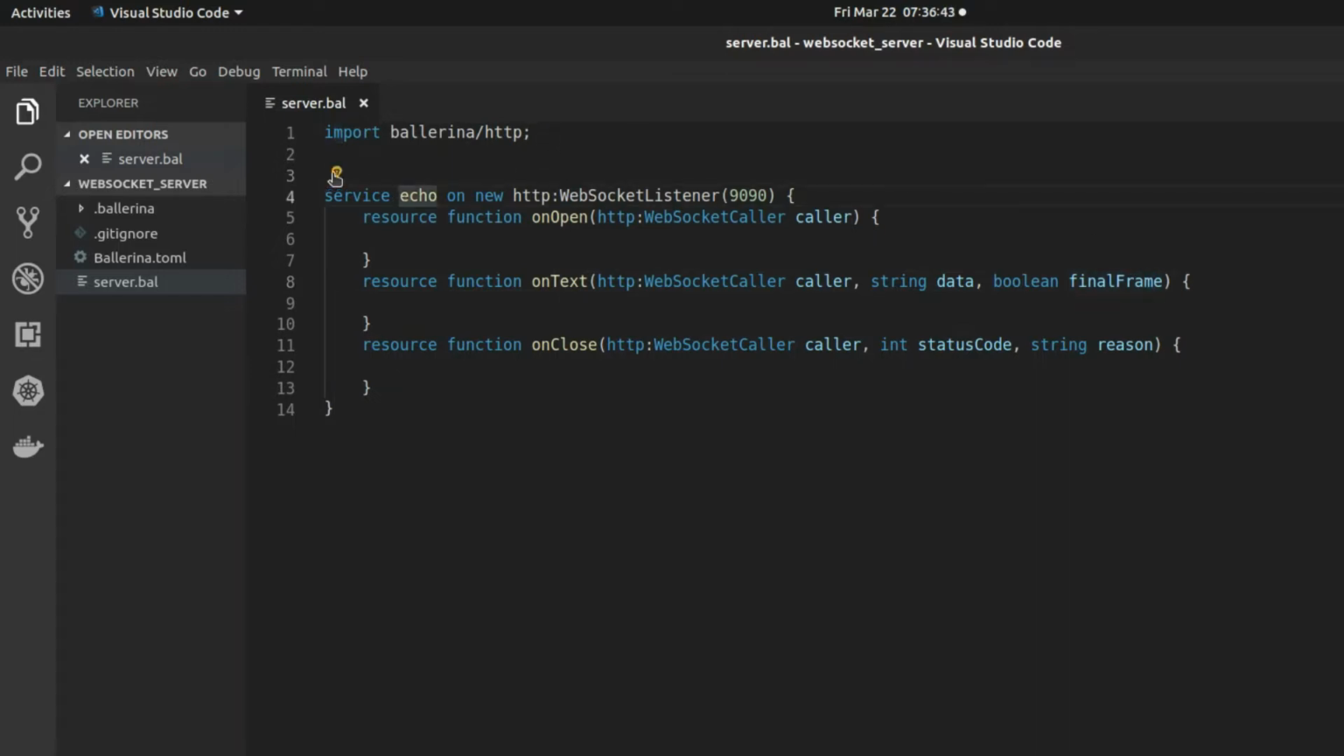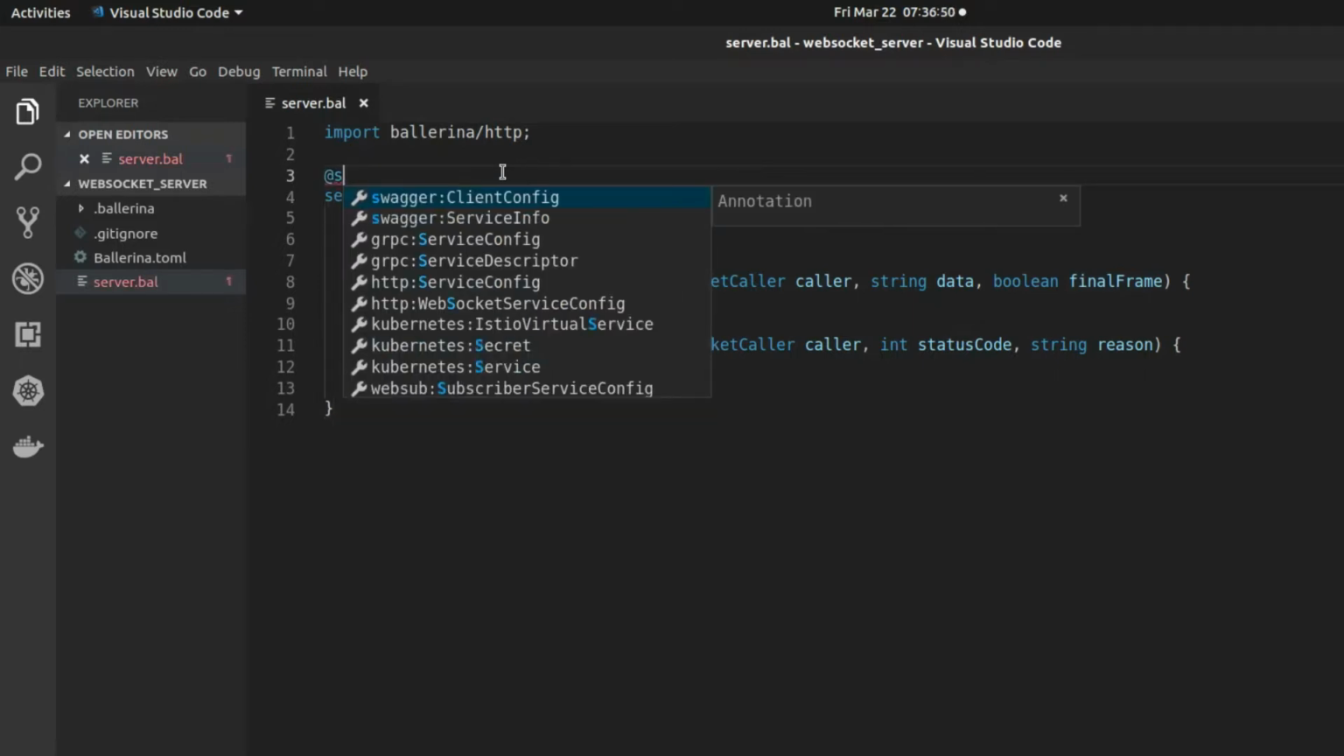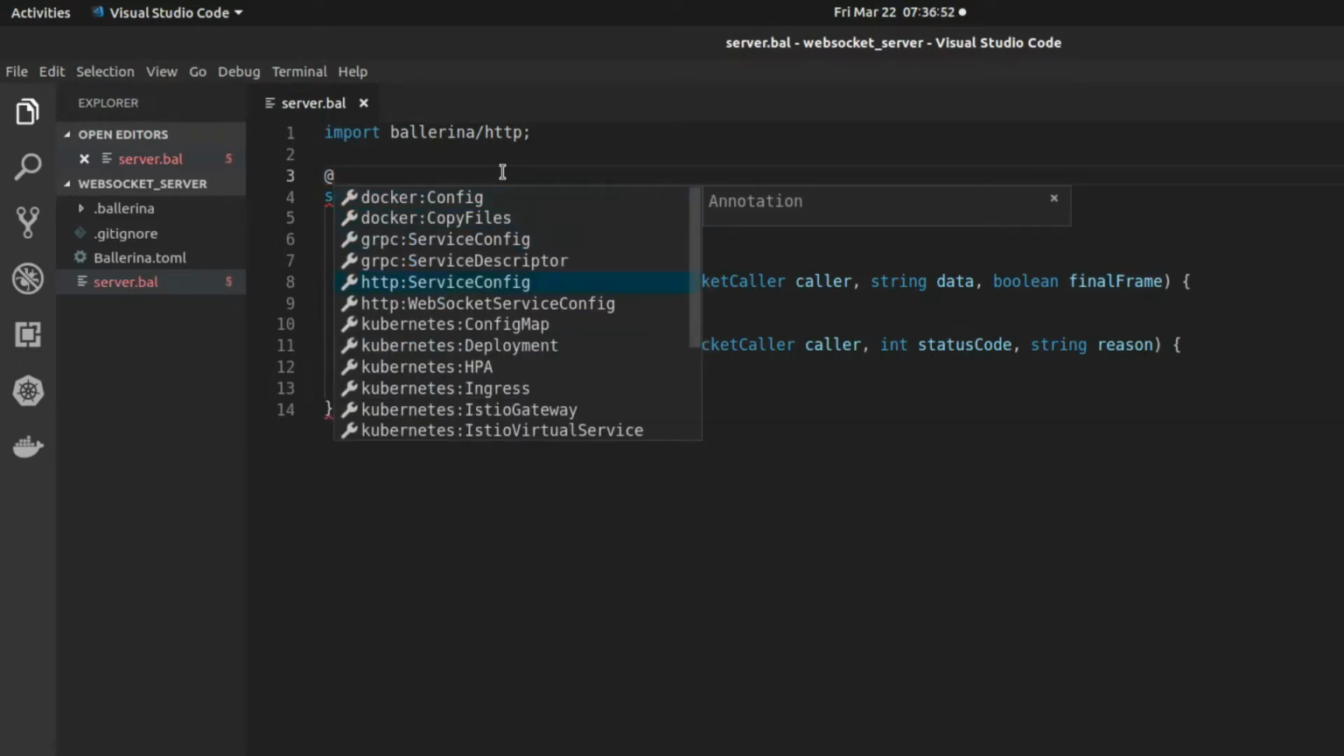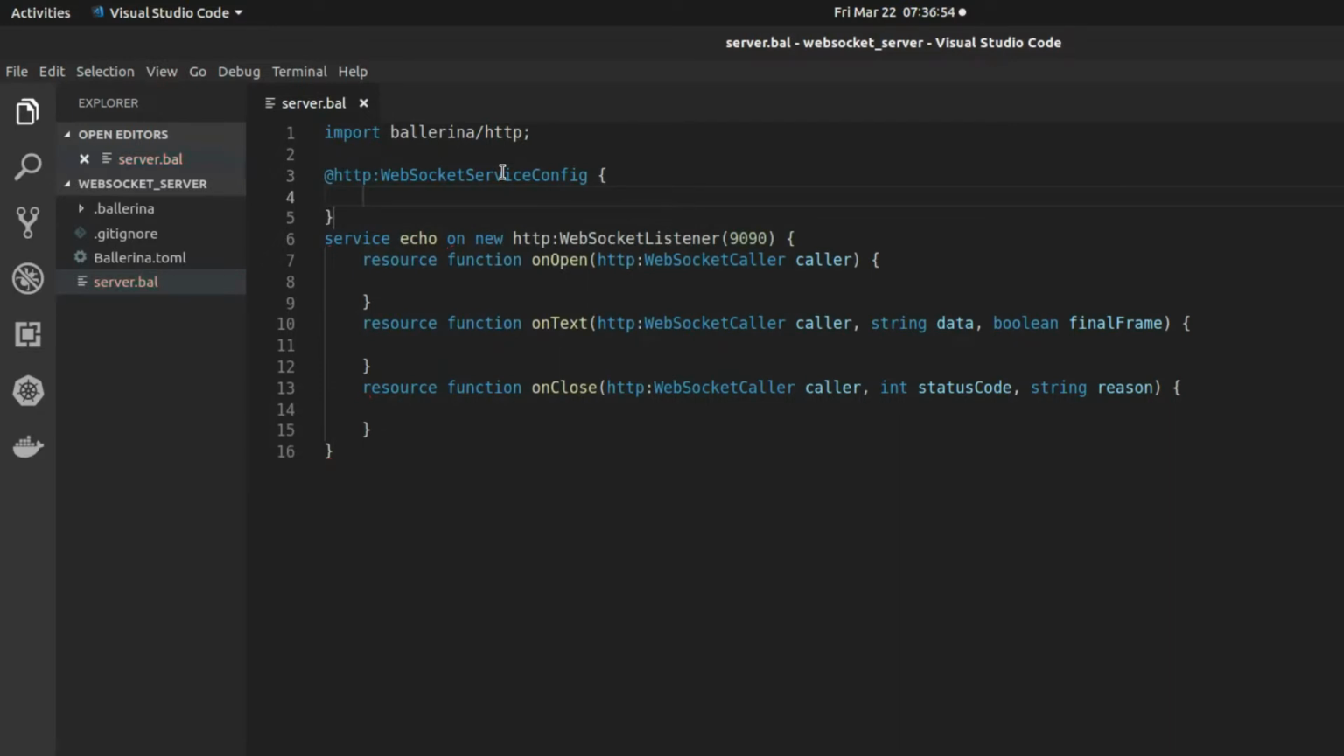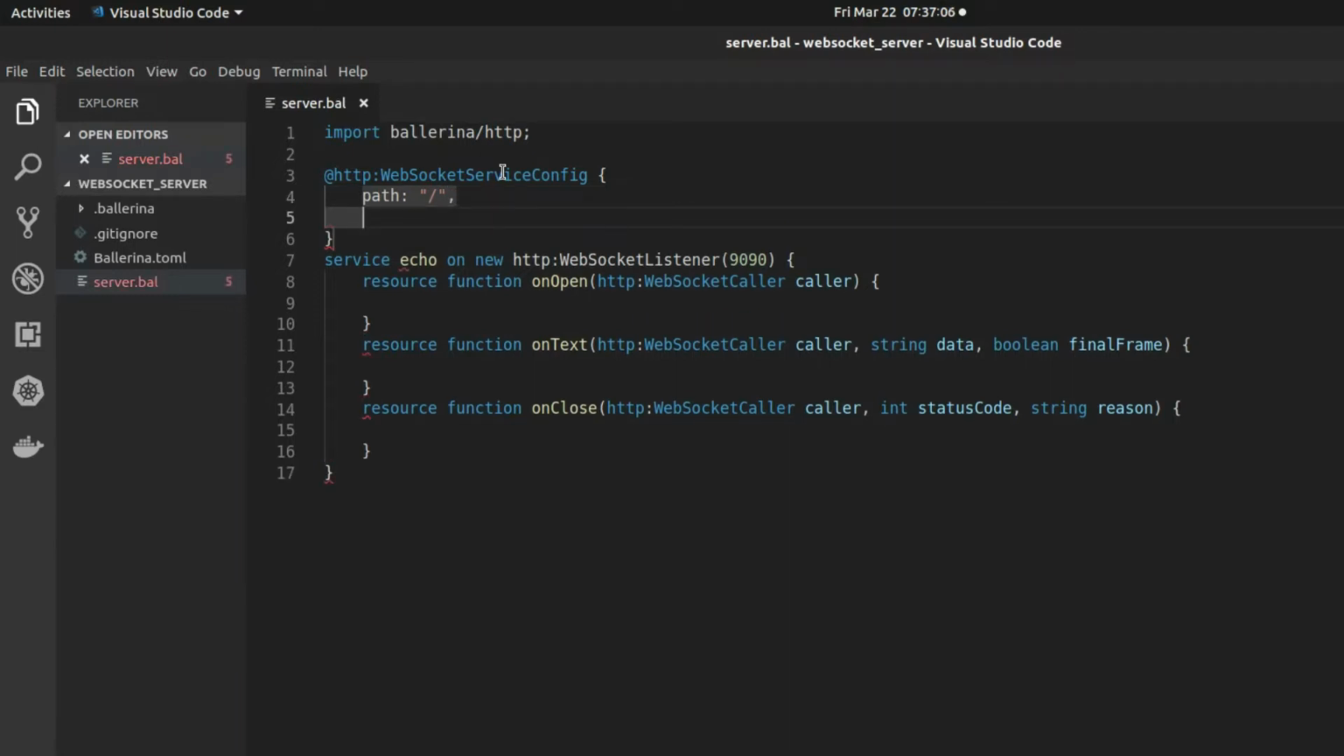So I can have a service config for this resource, and I can say WebSocket service config, and then I can specify the path where this resource will be located. I can say slash, and then I can set an idle timeout, that will be, let me say, 20 seconds,